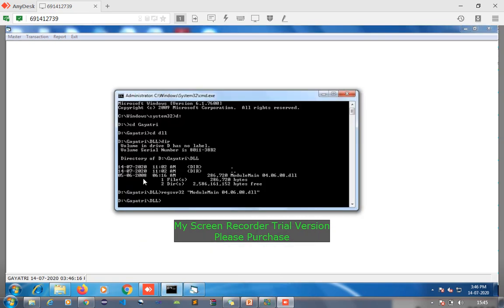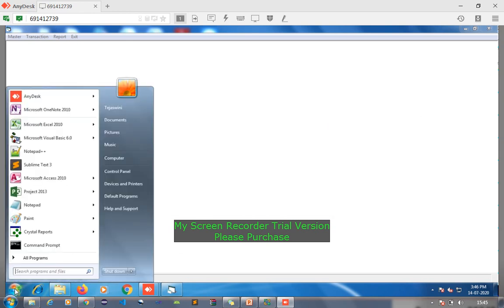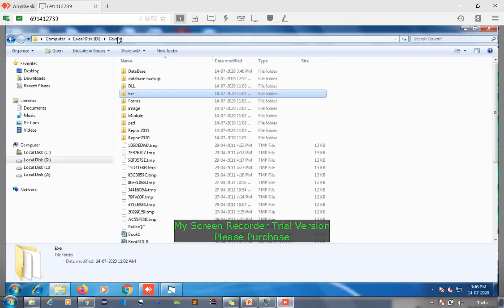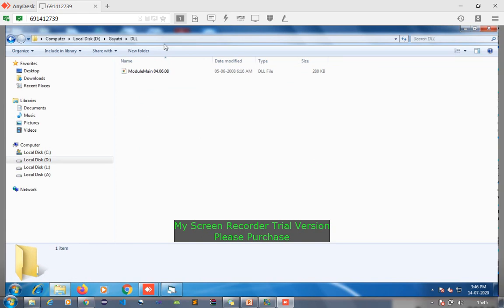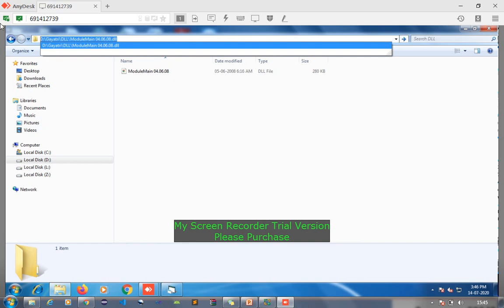There are two ways of registering this DLL. Even this can be done without going into the command prompt, but that is quite risky. You can go into Windows and just type the same command there. The way of typing the command is very simple. You go here, choose the directory, then click on this top area, say slash, select the file name, and copy this file name.